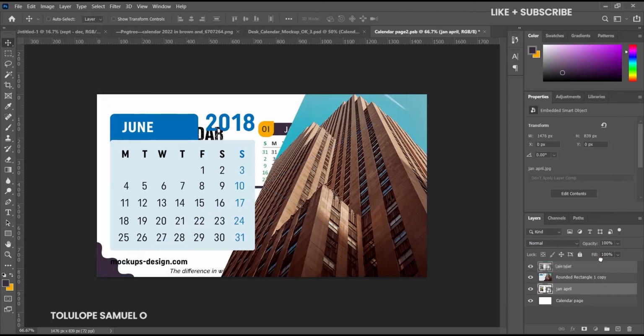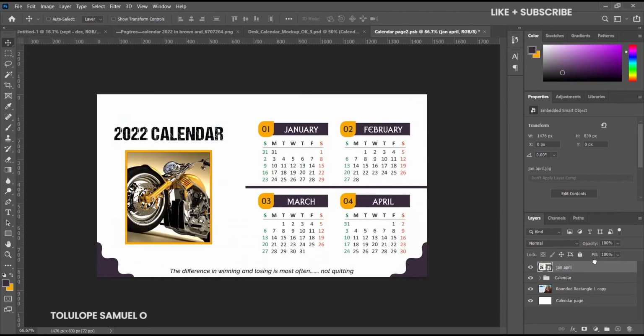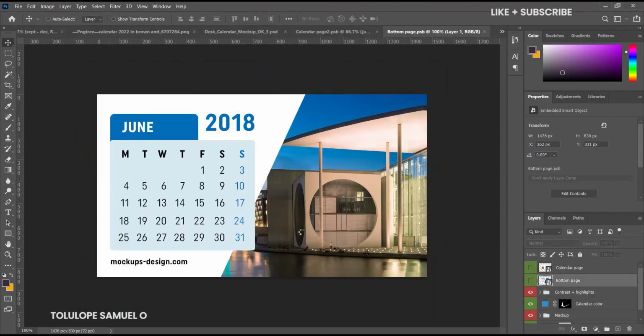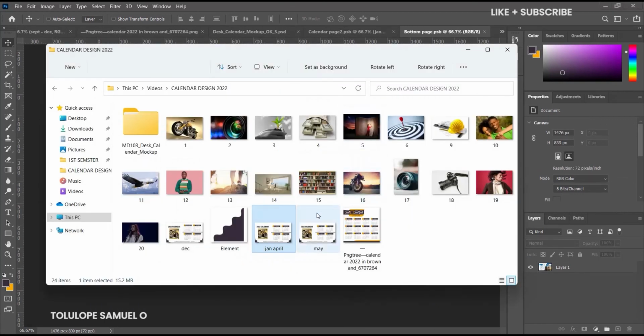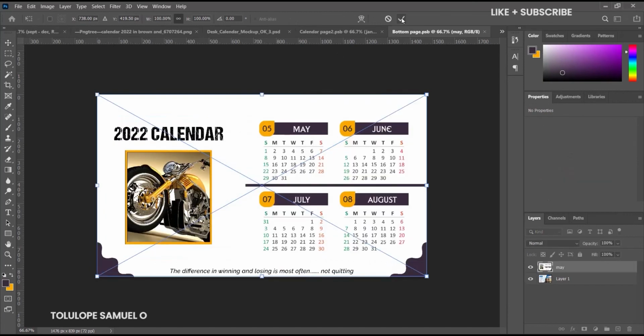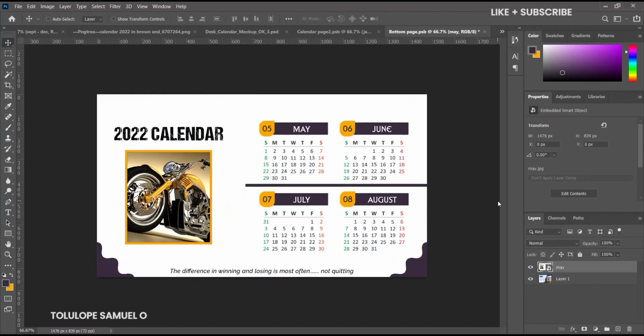So another thing we want to do is to raise it on top of all layers in the document. So after doing that, press Ctrl S on your keyboard. So after saving, you come over to the main document and it's already there. So next off, we'll come to this bottom page to edit this bottom page. So we'll come over here and let's drop our May design. So we'll drop the May design into the document also, just like that. Wait for it to load, and once it loads, we click OK. Make sure it's the top layer of the document. Press Ctrl S on your keyboard and come back to the main document once it's saved.